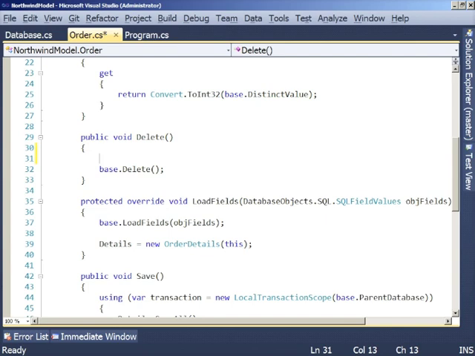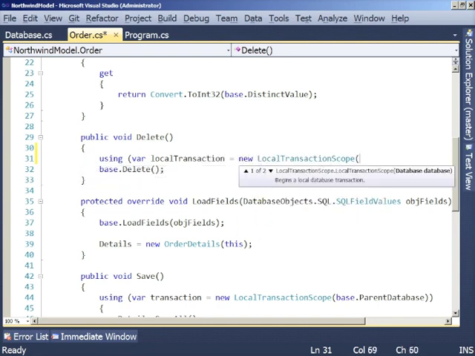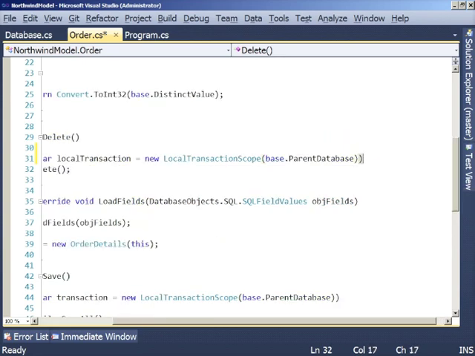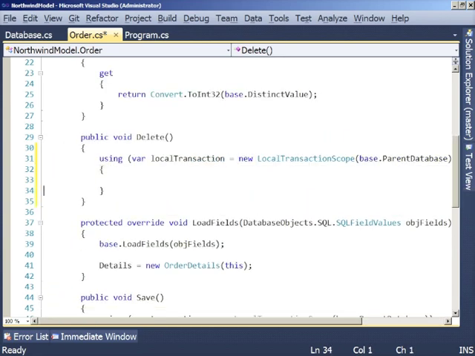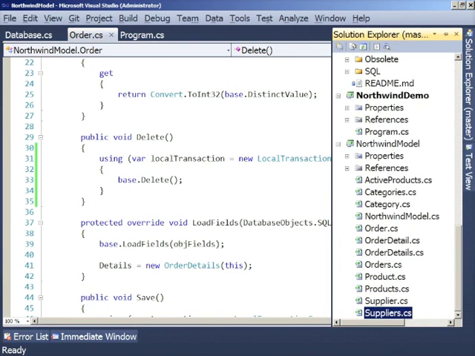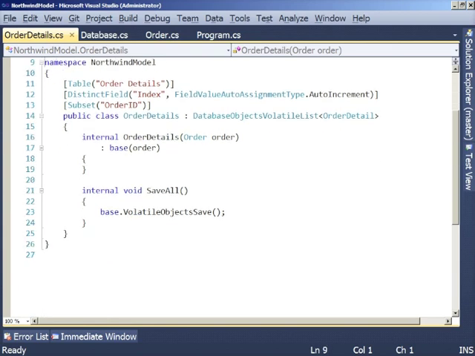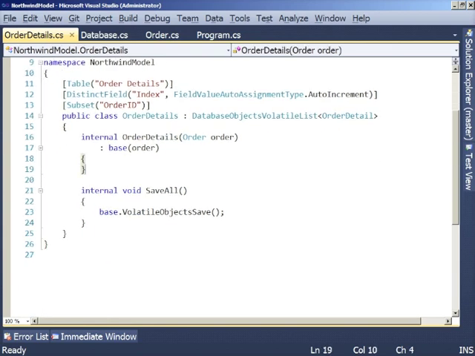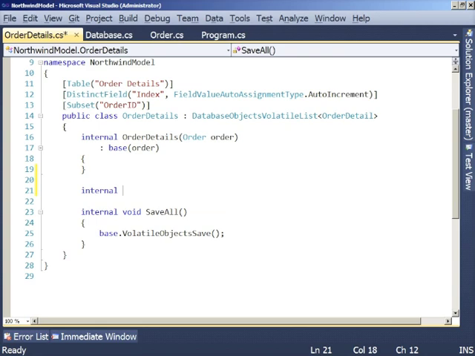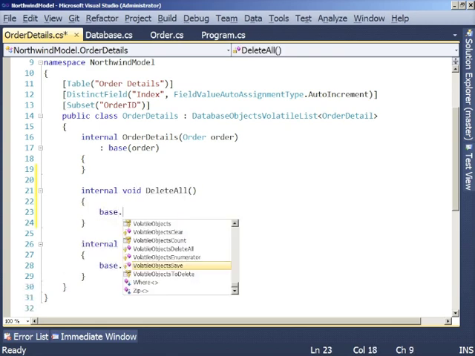So we can wrap that up in a transaction. Just do a simple local transaction here, and call delete. And we also need to delete all the details as well. There's a couple of functions that we can use, but what we'll do is just add a function here called delete all, which will actually go and delete those objects